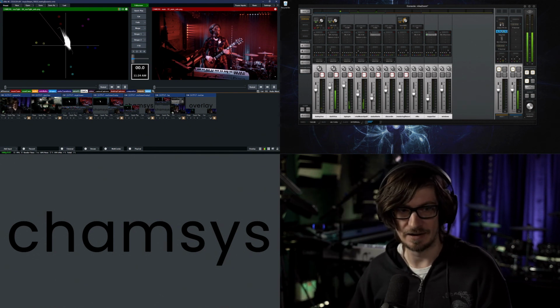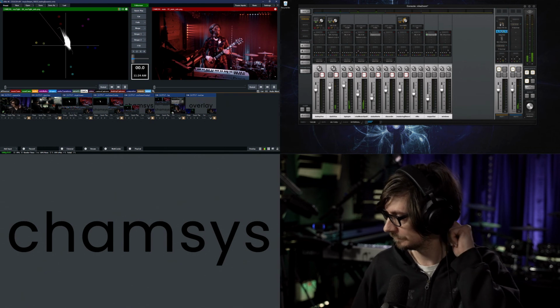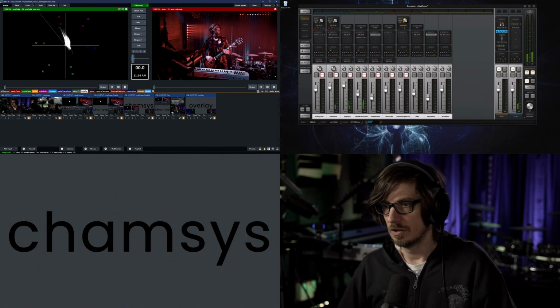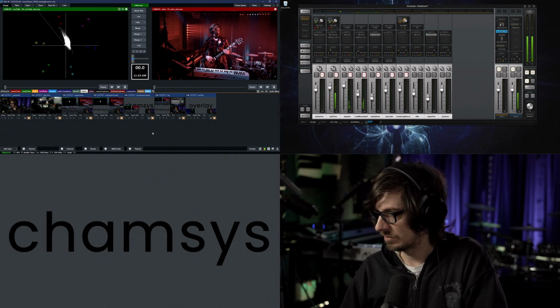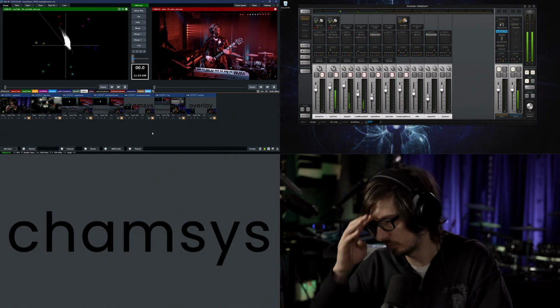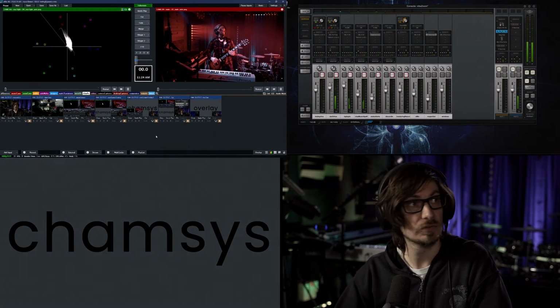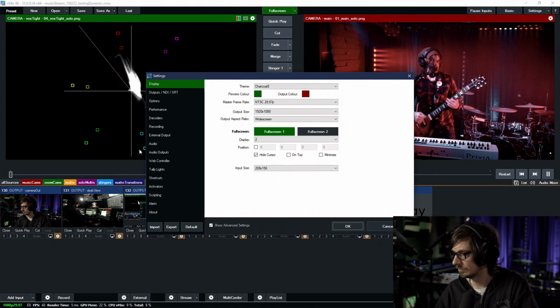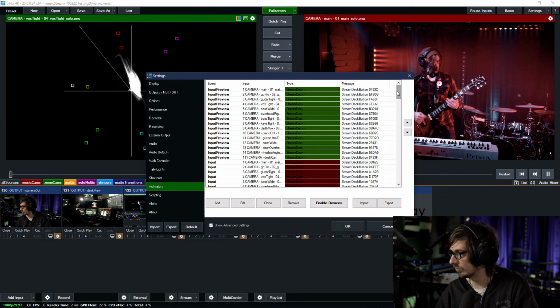It's definitely getting better. Okay, so let's get the activators going because those are going to be important. So let's go back to vMix. So now I need to go to activators, and we need to get rid of some of the old activators here,